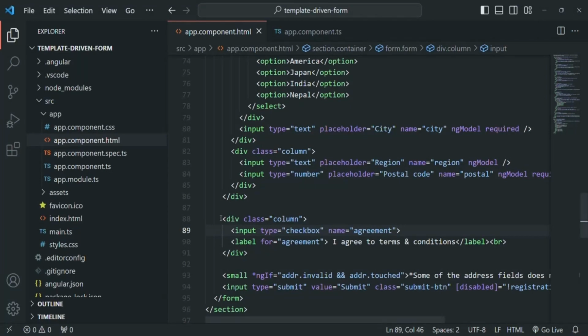And there, this is the HTML which is displaying that checkbox. Here we are specifying an input element of type checkbox, and there we have also provided a name. So with this name, a control will be created in the ngForm object. Now in order to make this input element a form control of the ngForm object, here we also need to use the ngModel directive. And that's it. If I save the changes now, and go to the web page,